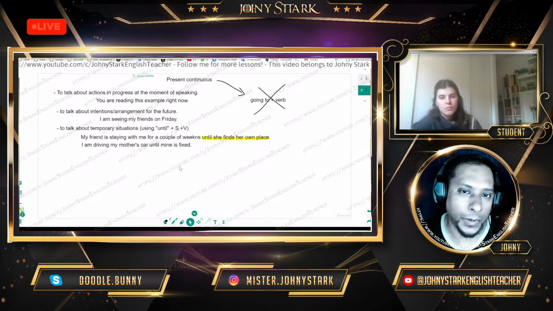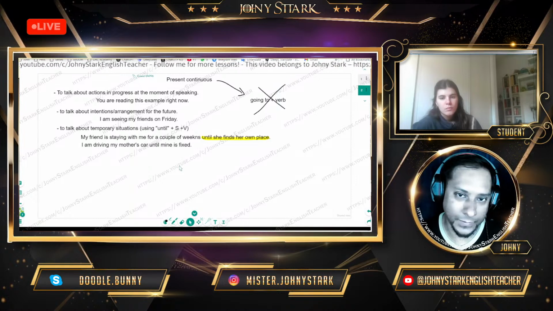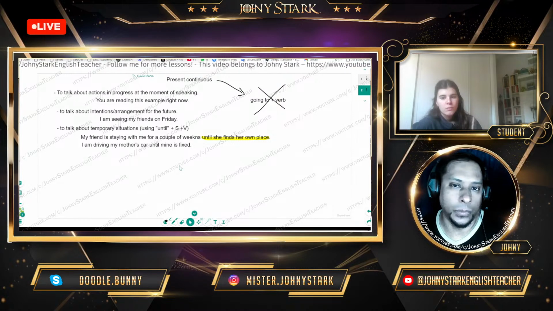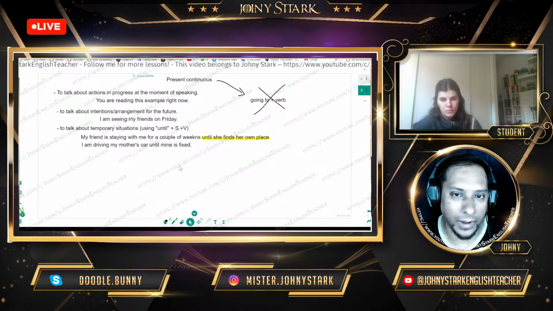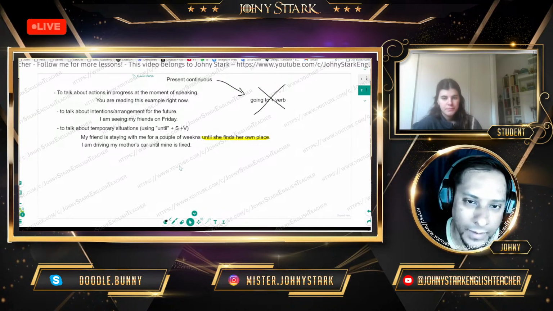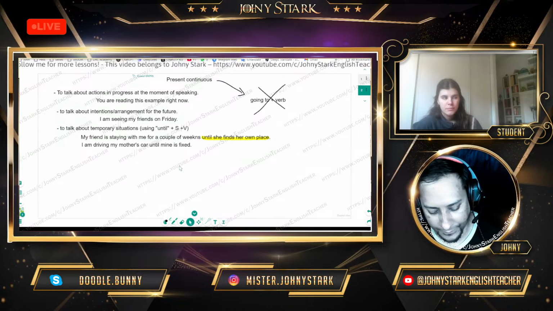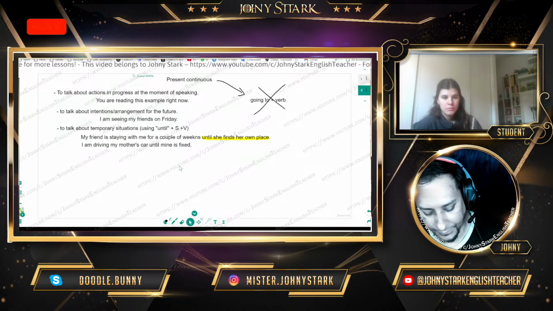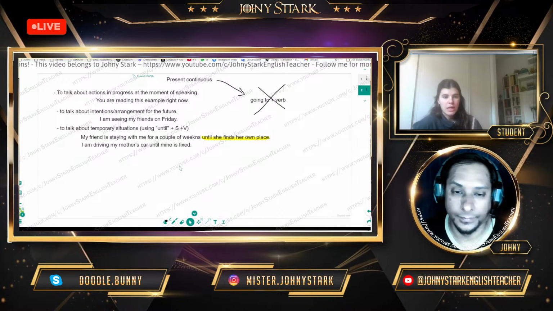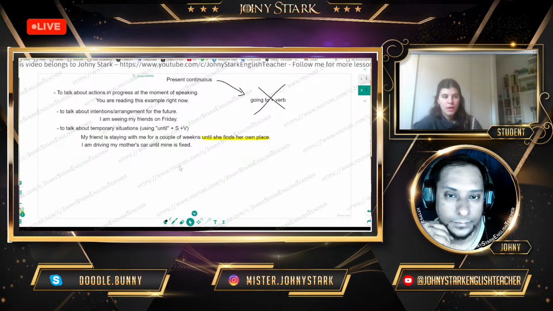But it's not supposed to be like that. It's not your car. You have to return it once your car is already fixed. So it is just temporary. Can you think of another example? I am staying at home until